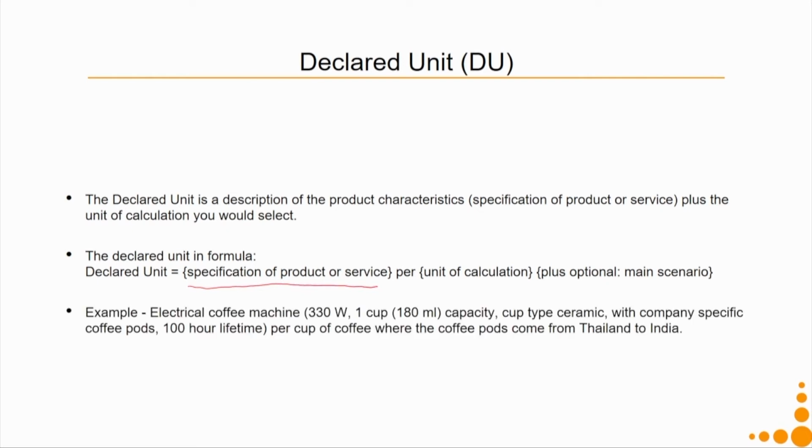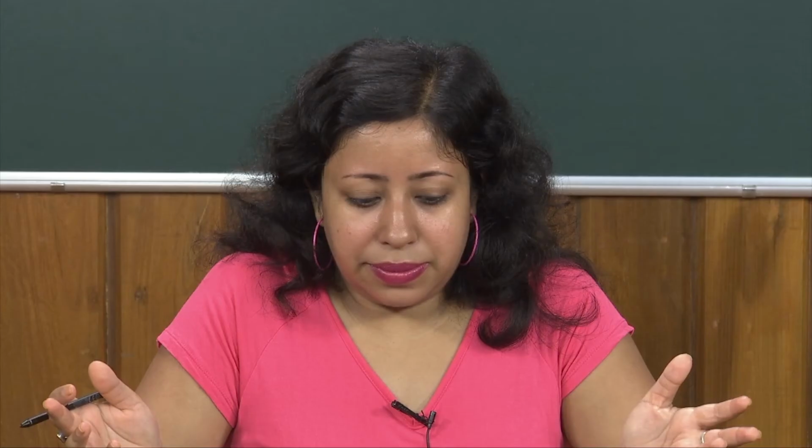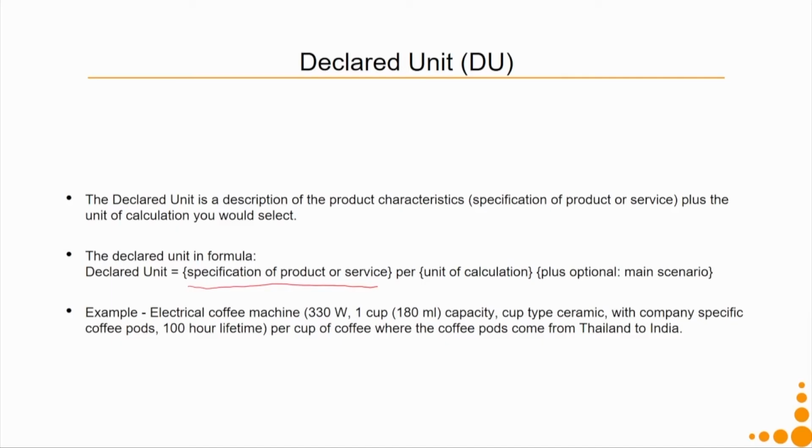So let's take the same coffee machine. If we consider a coffee machine, we will not go and buy any coffee machine just because we want a coffee machine for personal use, say. It will make me coffee, so the function is going to be the same, but we will again be concerned about the quality, for example aesthetics, the taste of the coffee being produced, or the style, or the brand preference. So comes the declared unit. What it consists of is the specification of product or service.